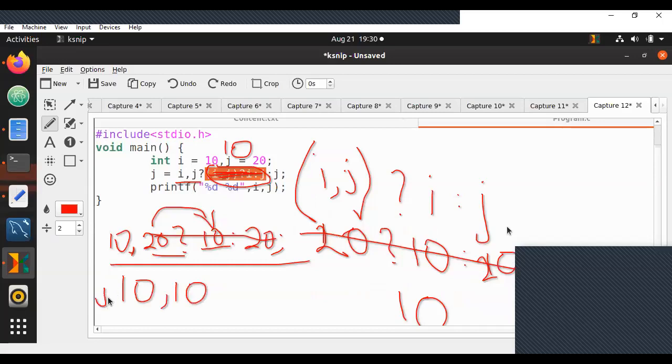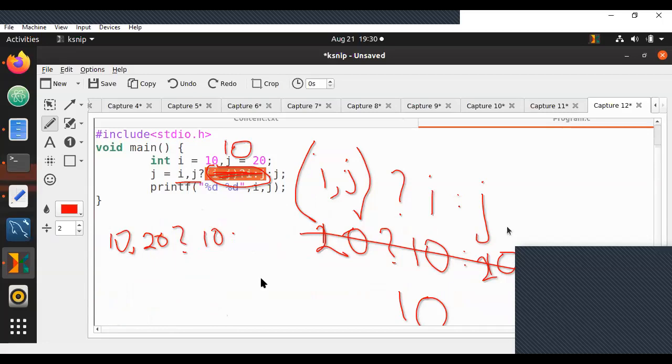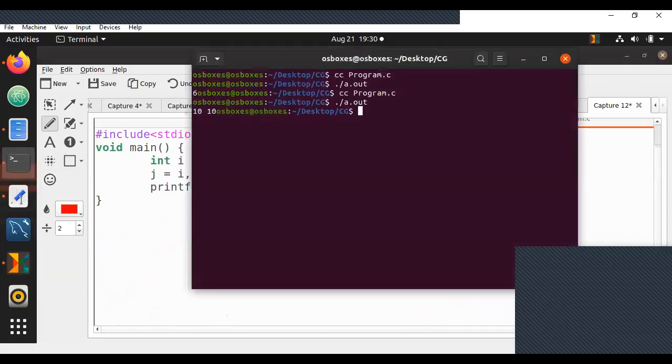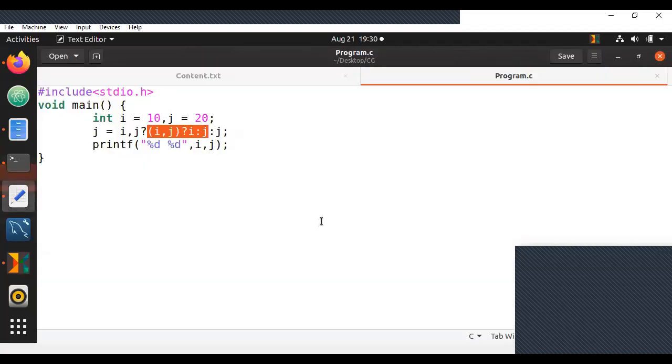Whenever you have 10 comma 10, if it is in brackets, the rightmost value will be sent. Since it is not in brackets, your leftmost value 10 will be sent over here as j. So j essentially just becomes 10 only. For those who said 400 or different values, please observe it is just 10, nothing else.